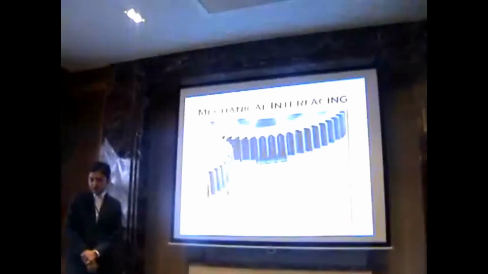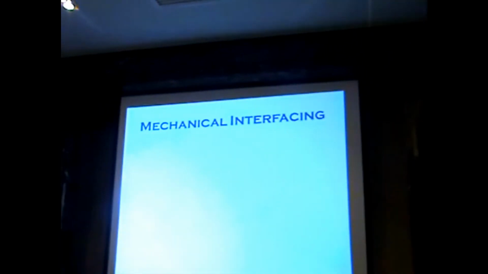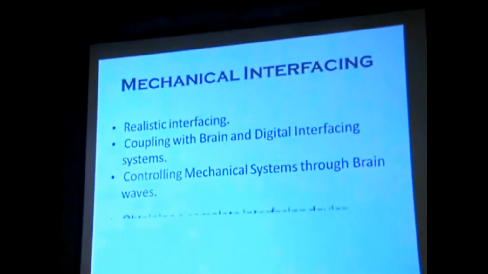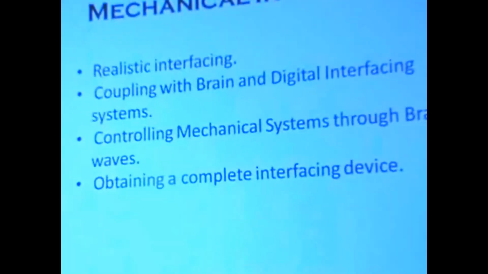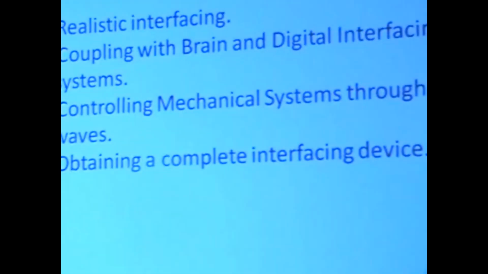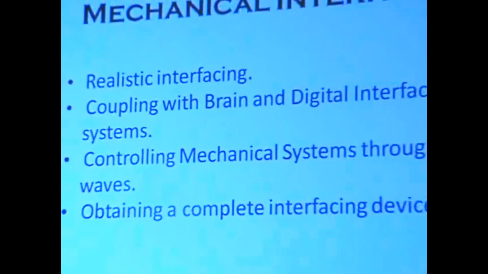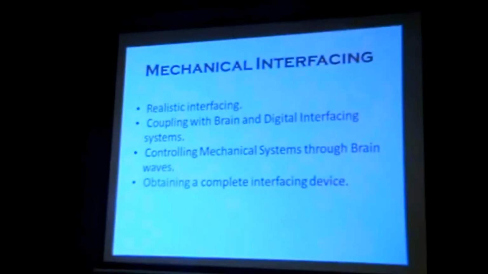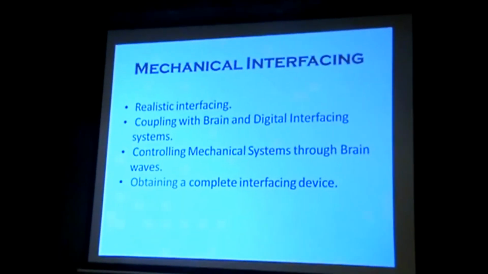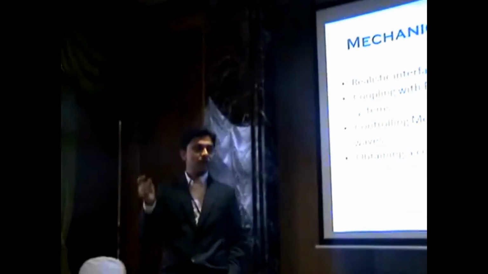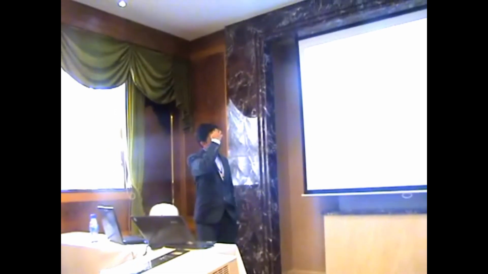Mechanical interfacing. After cascading all the systems, we get mechanical interfacing systems. By cascading mechanical interfacing systems, you can control the mechanical objects around you. Due to some action in the virtual world around my eyes, I can control the mechanical system in the real world. Some action in the virtual world results in an action in the real world. So that was the thing.